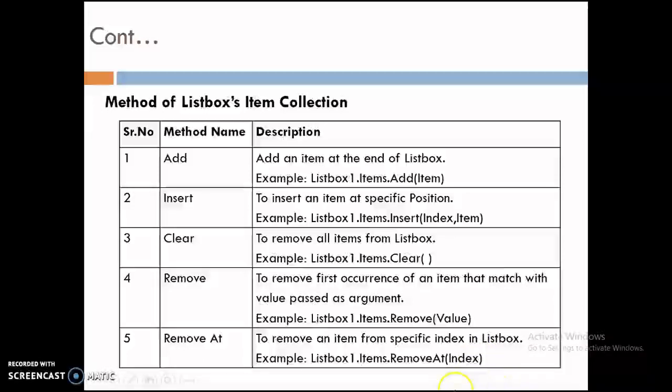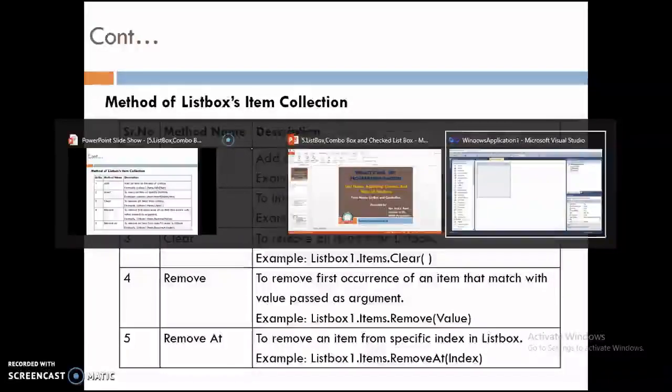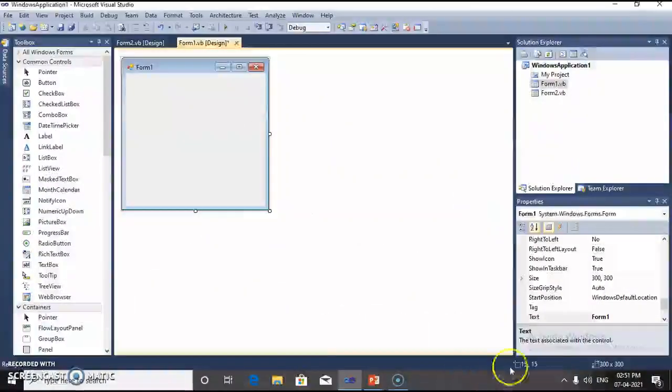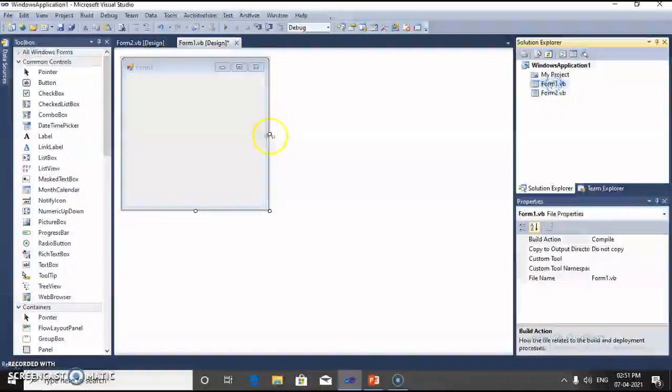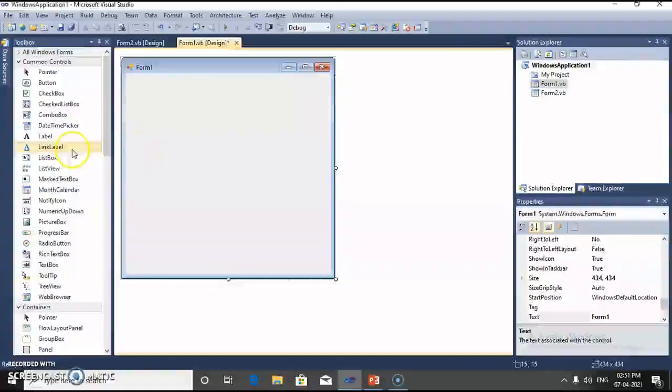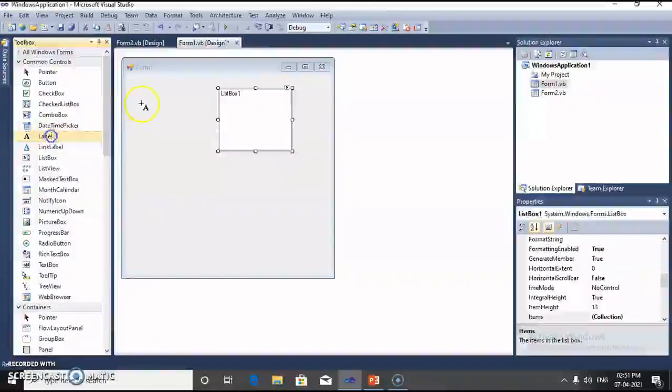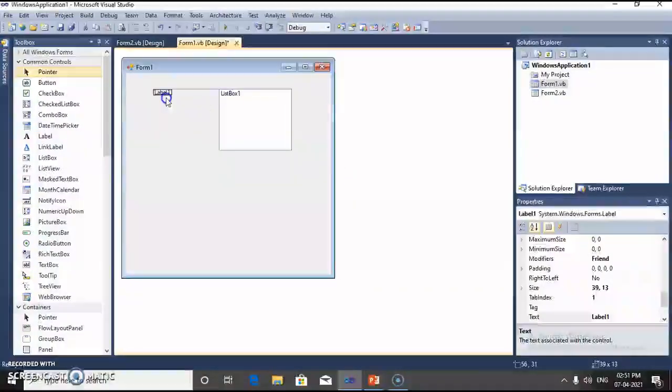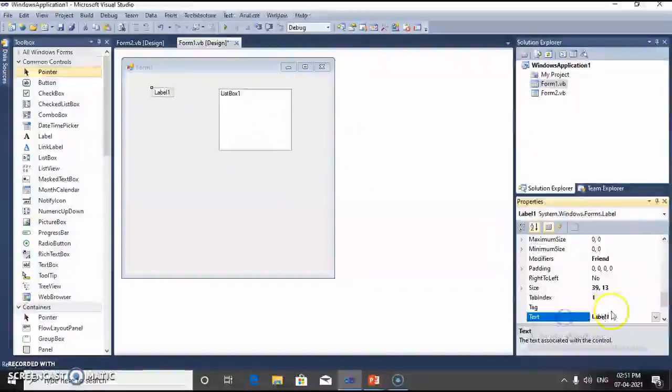Now switch over to the practical session of ListBox. Open Windows application. Now in Windows Application 1, I created two forms, Form1 and Form2. In Form1, I perform a practical using ListBox. So first of all, place a ListBox control in the form. Now beside the ListBox, insert one label. Write the Text property of label,